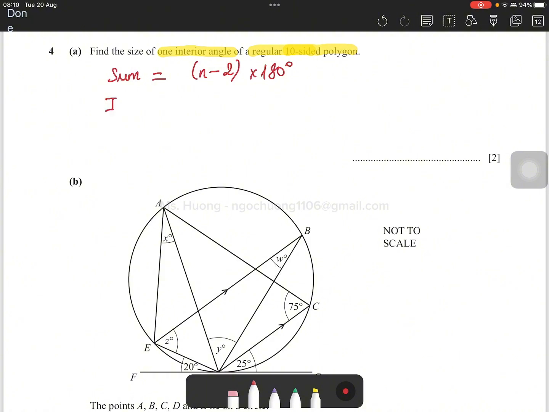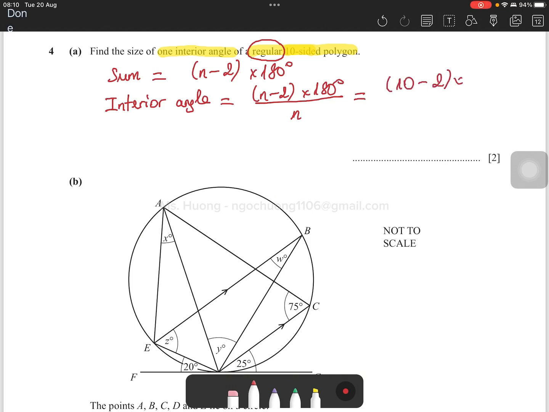And if you want to find one interior angle, in a regular polygon all the 10 angles are the same. So we'll divide the sum of the angles by the number of angles, which means we divide it by n. So let's substitute n equals 10. So (10 minus 2) times 180 degrees, then we divide it by 10. And the answer is